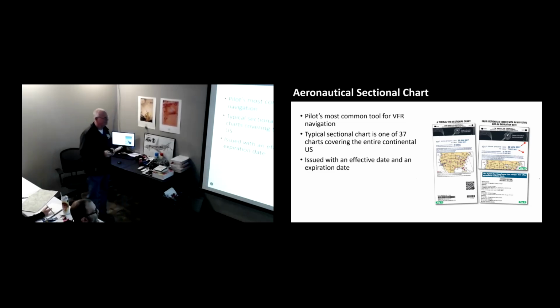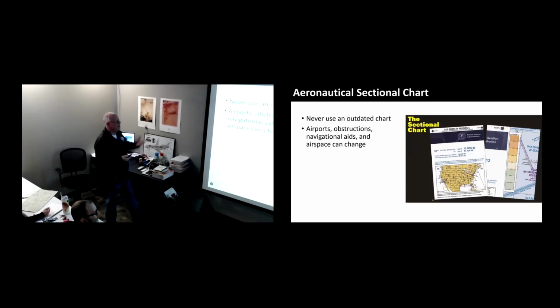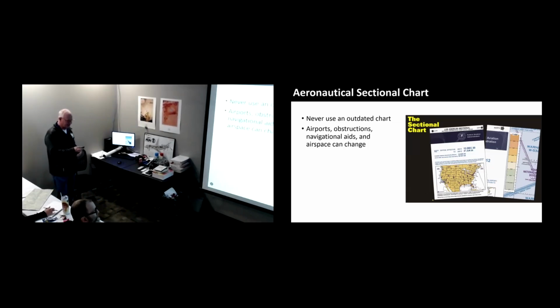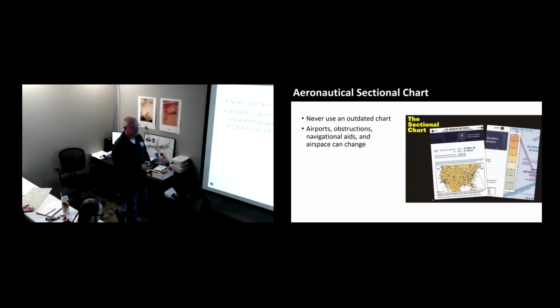Okay. All right. So never use an outdated chart. Again, I don't know that there's a regulation, but it's just common sense, right? It's just safety, and making sure you've got the right perspective in the cockpit. Airports, obstructions, navigational aids, and airspace can change within a 56-day period. When that chart gets published, it may be outdated 2 days later, right? Because things change, but they refresh it on that 56-day cycle to try to keep them as